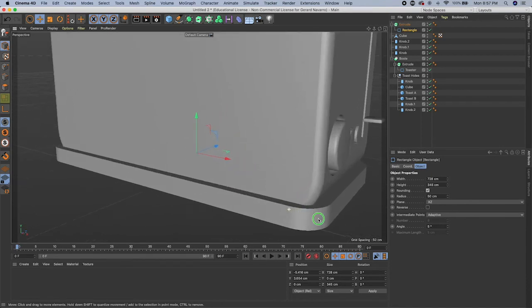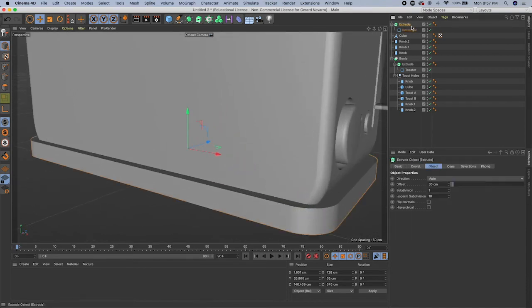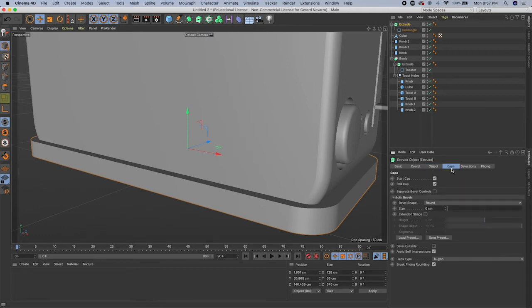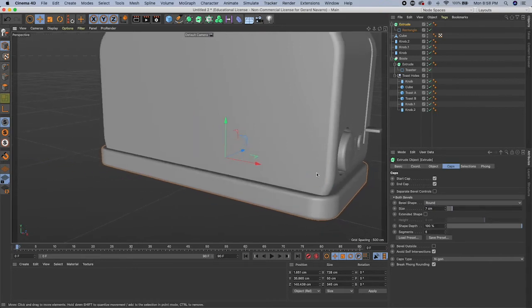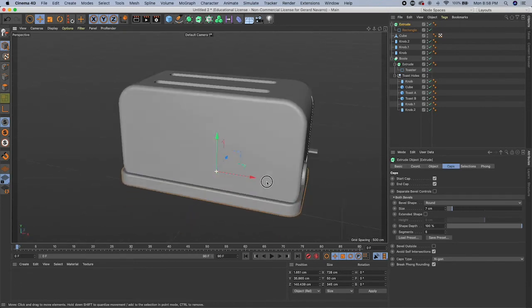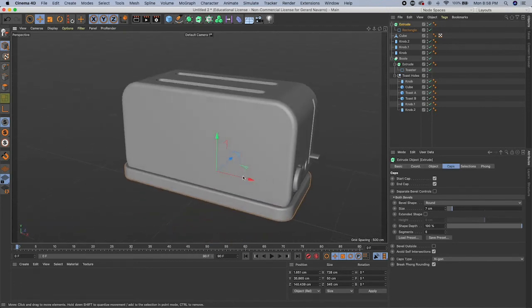And then let's also round the edges of our extrusion. So I'm just going to click on the extrude and then I'm going to go to caps and then I'm going to increase the size. Also the segments. So maybe around 7 centimeters and then 5 segments. Okay, so last but not the least, let's add our logo for our retro